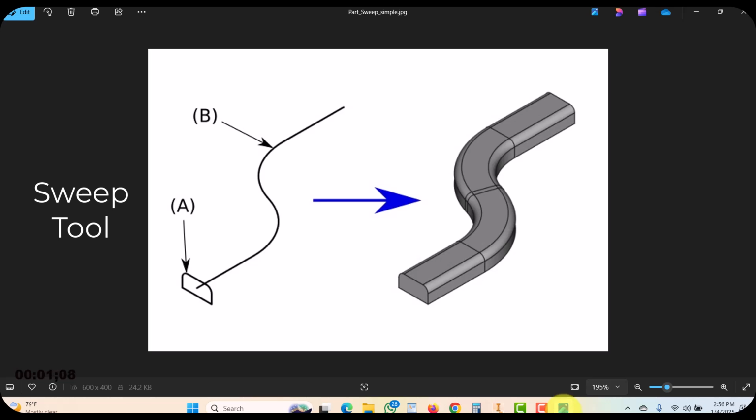The next tool we want to look at is the sweep tool. So the sweep tool is another way you can create a 3D object. To make use of the sweep tool, you will need two different profiles. You will need a profile called the object, then another profile that we call the parts. By combining the profile and the object and the parts, you can form your